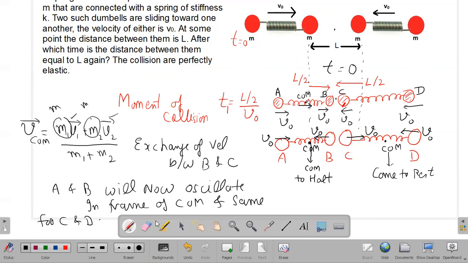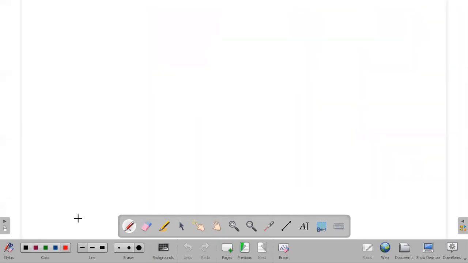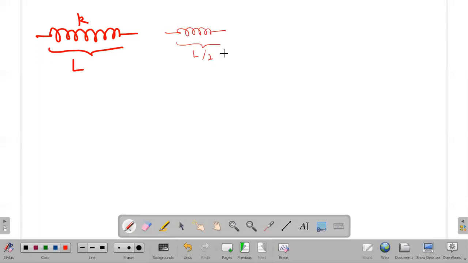One more fact we have to use here is that the spring constant is inversely proportional to the length of a spring. So if the length of the spring was L, and because the masses are identical, the center of mass will be at the midpoint. Let us discuss this again: if we have a spring of certain length having constant k, this is the basic fact, and now if you divide this spring into two parts of length L by 2 and L by 2, then we know that the constant of each portion becomes 2k for the ideal spring. So we are going to use this fact now.